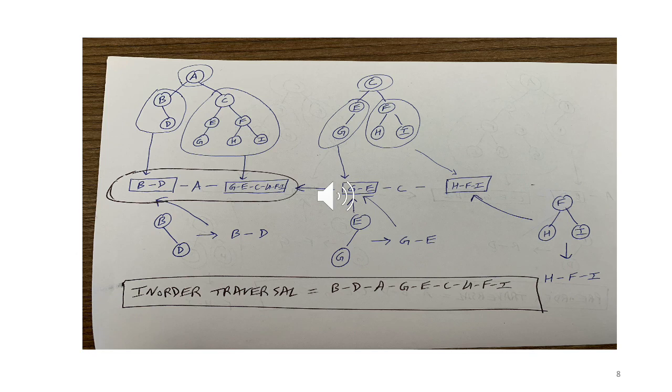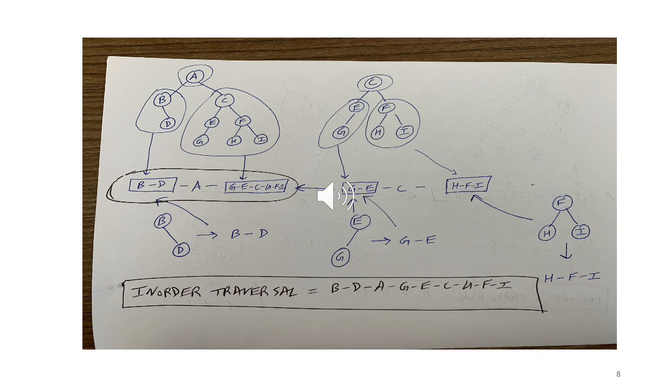So when you have a single node, we just output that. So now we have B and D, that is clear. Our final answer is going to be B, D, A, and now followed by some sequence. So now we take the original right subtree consisting of C, E, F, G, H, I. So on the right hand side we have this. Now we evaluate it, break it down.